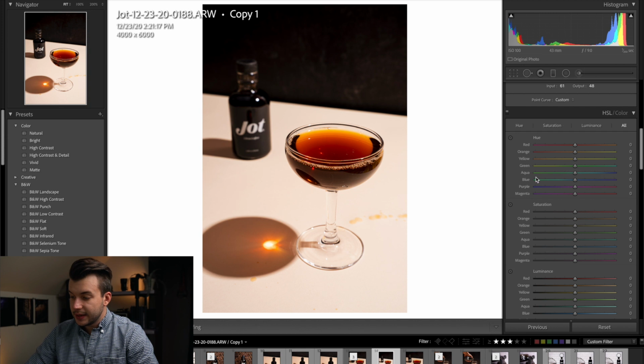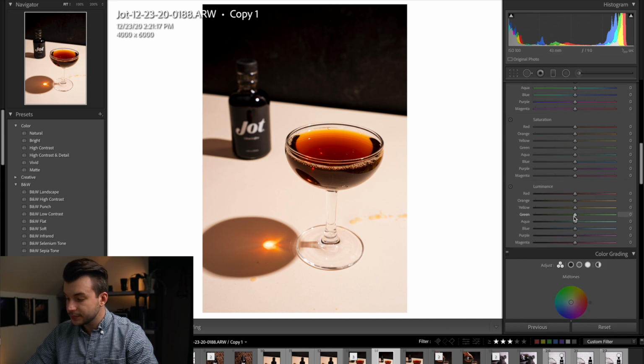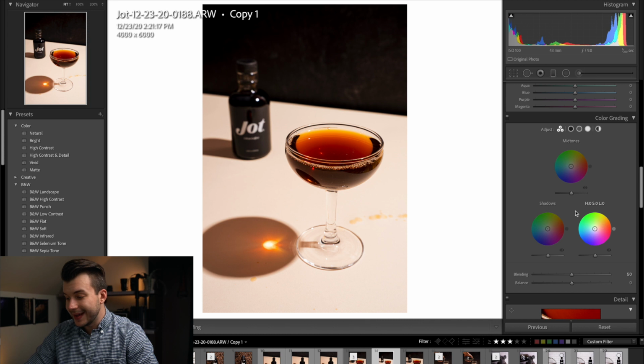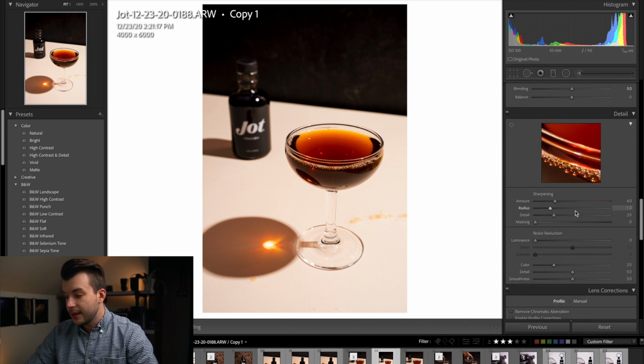The HSL tab, the hue, saturation, luminance, we're going to skip for this photo. I think the coffee is color accurate here. The backdrop here is a nice color, so there's not really much for us to do. Color grading, again, I'm not going to do anything here. Masking,